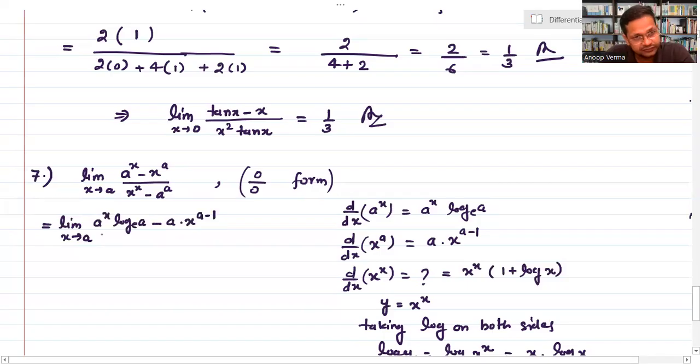Okay. Divided by x power x, अभी हमने देखा x power x into 1 plus log x. This is the derivative of x power x, and a power a is a constant, तो इसका डेरिवेटिव सिंपली 0 हो जाएगा, okay. So what remains here,